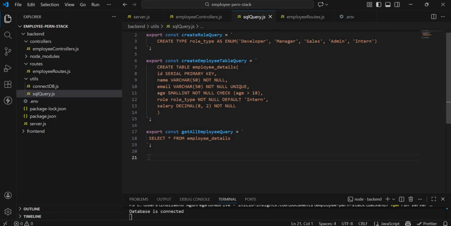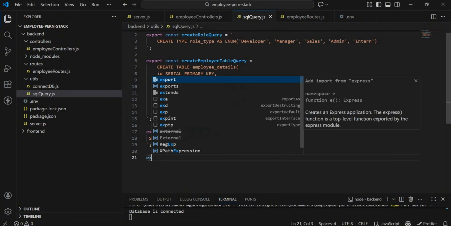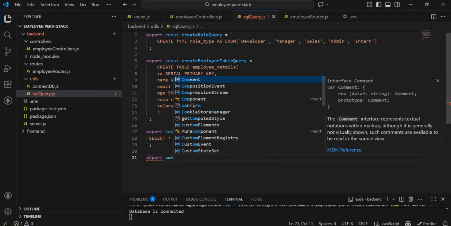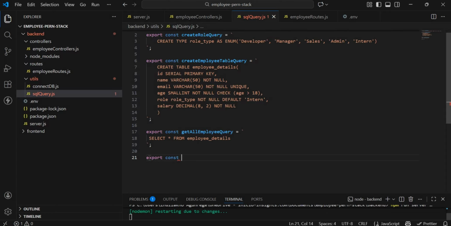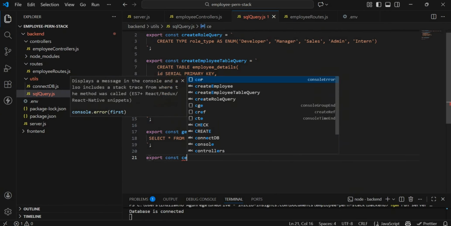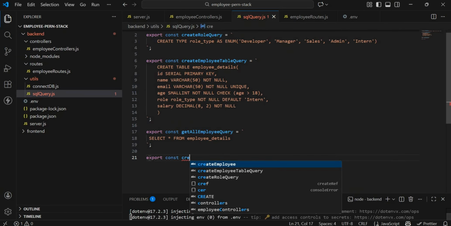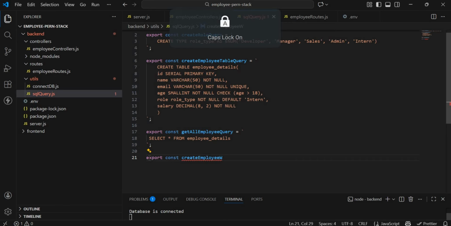Now we want to create new employee details, right? So we want to insert into this table that we've created here. We want to insert the details of the employee into this employee table. So for that, exports const. I'm using exports because I want this query to be reusable in another part of the project. Okay, so we'll have create employee query